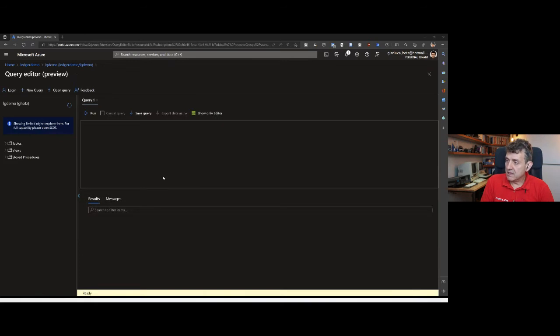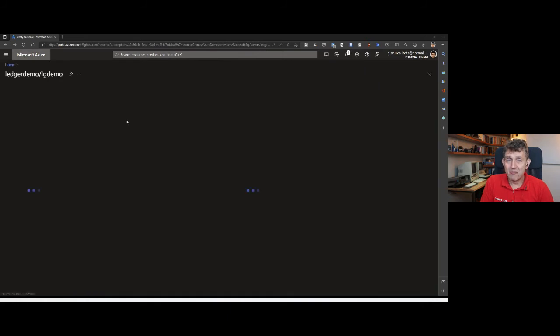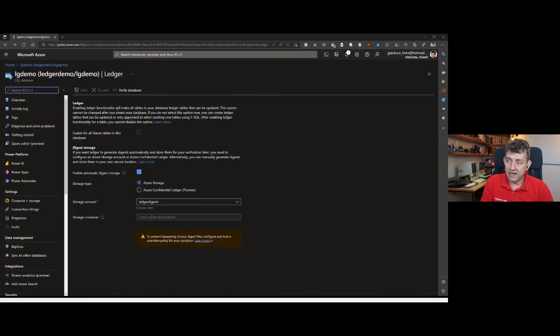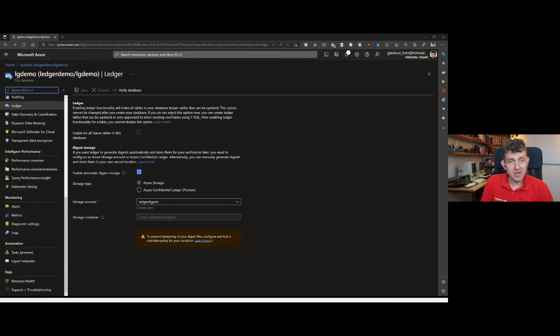Let me log in, and I can simply run the code, and query succeeded, and verification succeeded. Hopefully, it is already, I think, in the roadmap. We gave a lot of feedback on this. Hopefully, there will be a way to schedule directly checking the verify database on a recurring basis. Right now, you have to schedule it somehow with one of the usual mechanisms